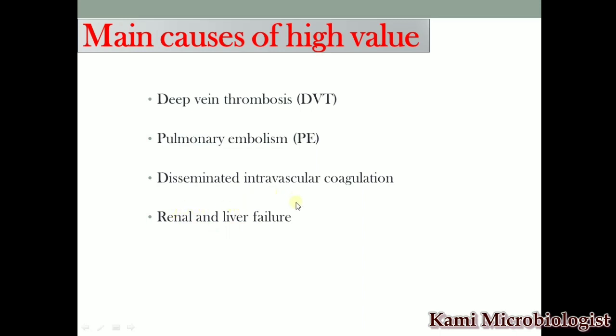It will also cause failure of the renal system, meaning the kidney, because if a high amount is present in the blood, it will pass through the kidney. All of you know that blood passes through the kidney. So if there is D-dimer in the blood and the blood is passing through the kidney, it may cause failure or damage of the kidney, which we call renal failure. In case of dengue, which is a viral infection, and in case of malignancy, which is actually a cancer,